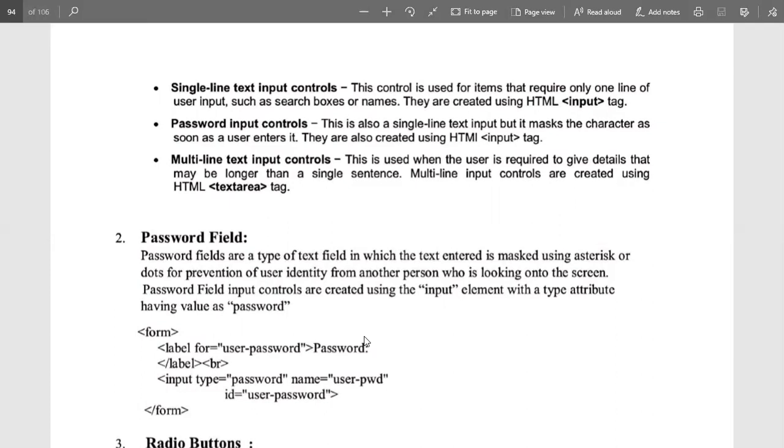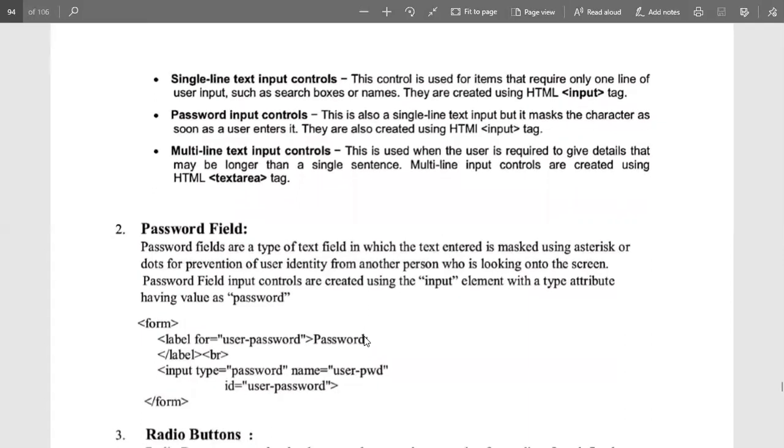Or if you are applying for any job, then you have to write about yourself within 250 words or 500 words, which is mentioned in the note part, so that cannot be completed in a single line. That is done with the help of the textarea tag.